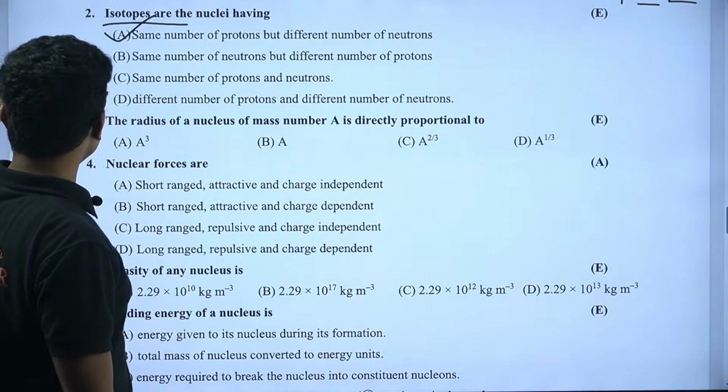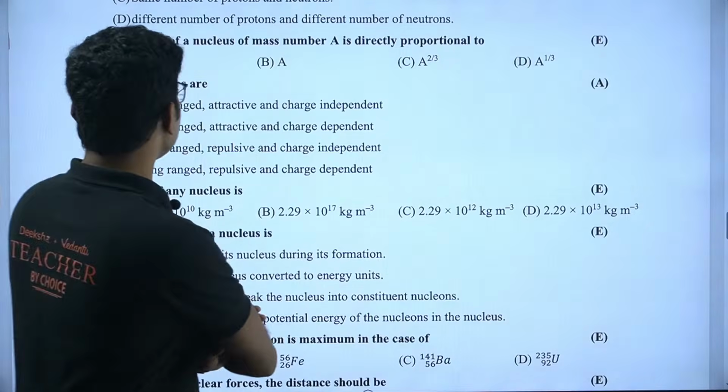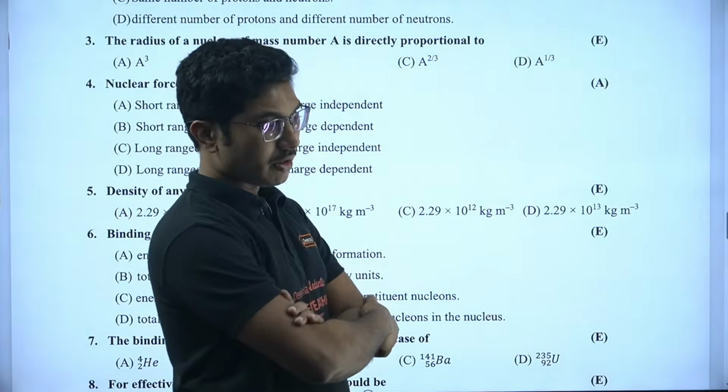The radius of a nucleus of mass number A is directly proportional to A cube, A to the power of 1/3, A to the power of